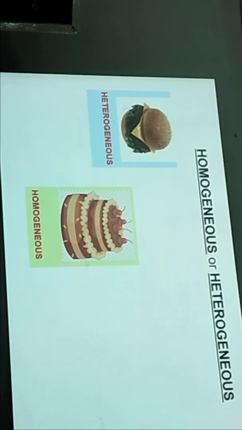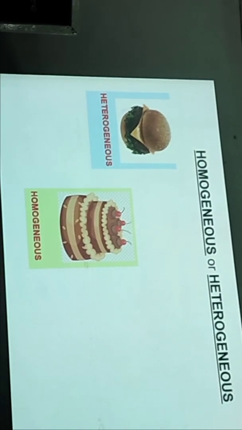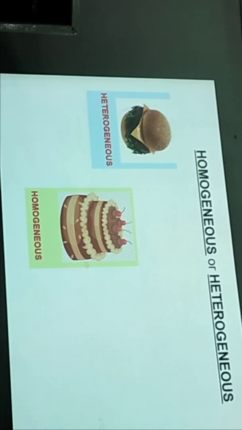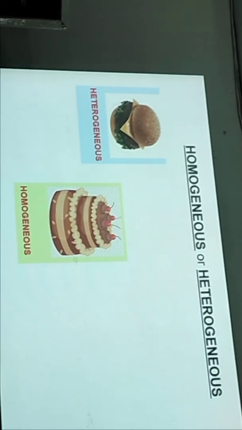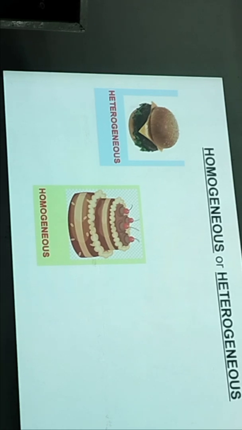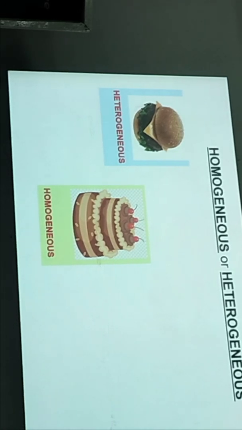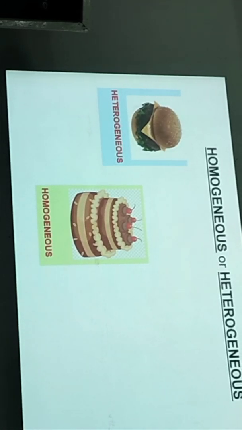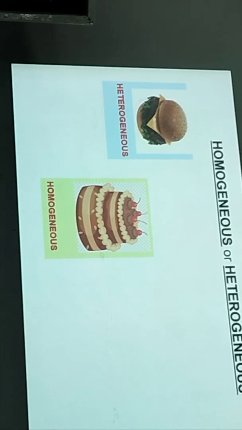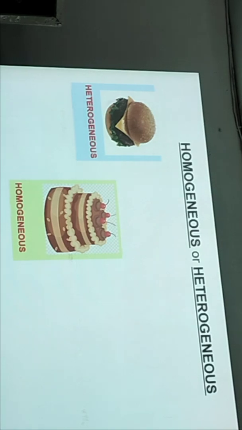The answer is homogeneous. Now we are looking at the cake itself, not the berries. You're only looking at the berries at the top, but you don't see the mixture of how to make the cake. So what do you think are the ingredients of making the cake? We have the flour, sugar, egg, baking soda, mixed together as mixtures, and it is called homogeneous mixtures